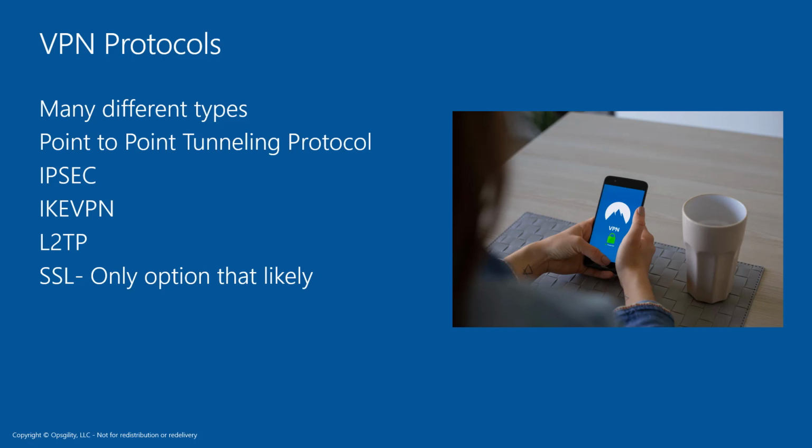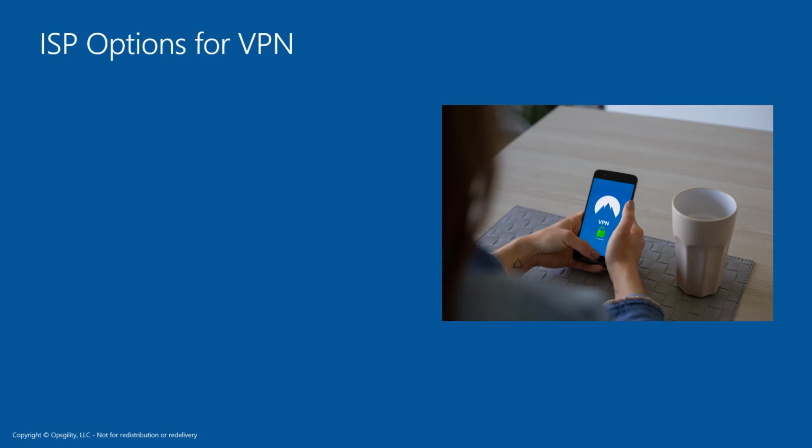Internet service providers also provide VPN options, and the first one would be the MPLS. MPLS stands for Multi-Protocol Label Switching, and it allows for good connectivity between multiple offices. It's privately managed by the internet service provider. It has low latency, although that really depends on the speed with which you sign up. Usually MPLS services also come with a guarantee of availability, such as